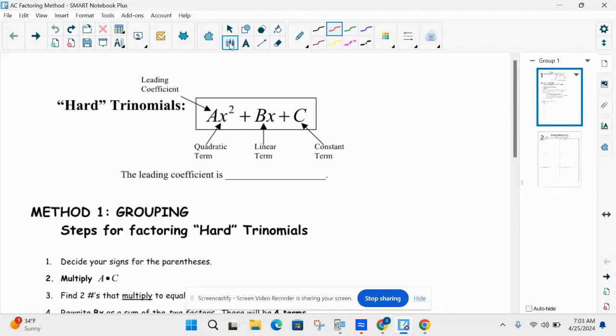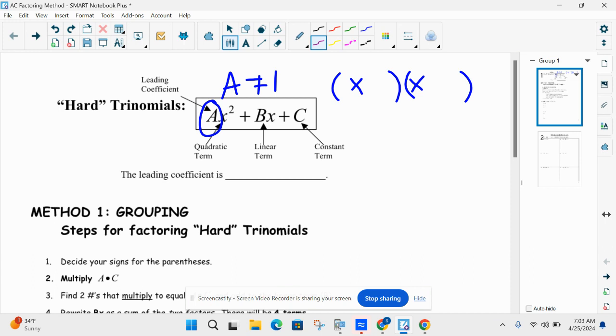Hello everyone, this lesson is on the AC method for factoring trinomials. The AC method is used when the leading coefficient A is not equal to 1. Otherwise, if it was equal to 1, then you would just factor it with two binomial factors, putting x in